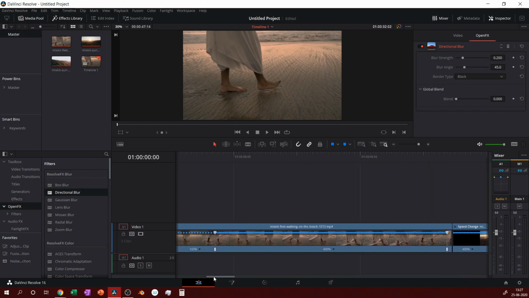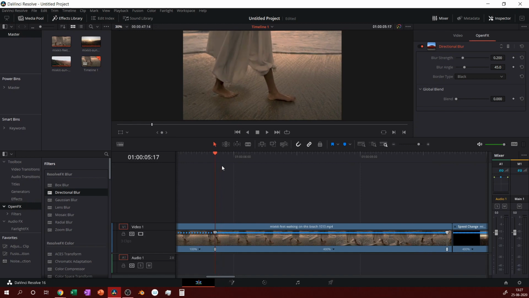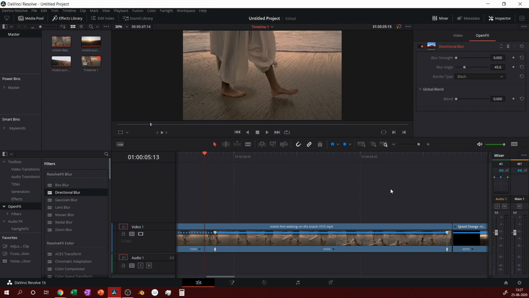Alright, now this is our speed point. So from there we want to add our blur. Blur strength is normally 0. Now how to do this is, from your speed point, wherever you start speed ramping, you have to go 4 frames back almost. Now I'm 4 frames back. And this is if you're recording in the standard 30 frames or 24 frames, then just go 4 frames back. If it's 60, then 8.